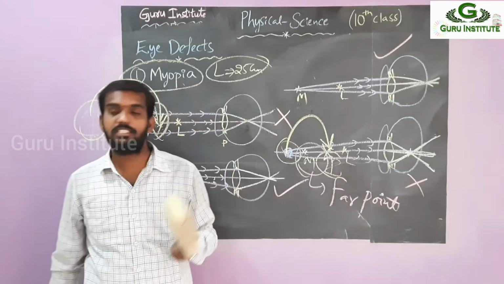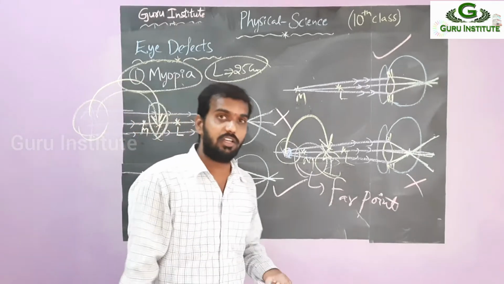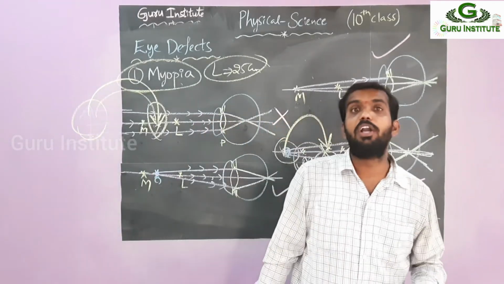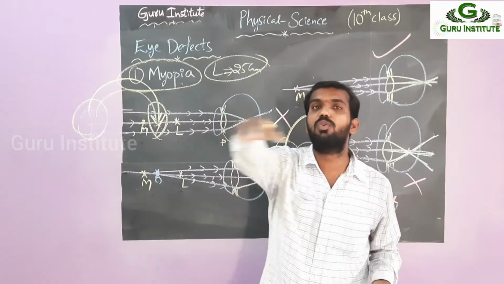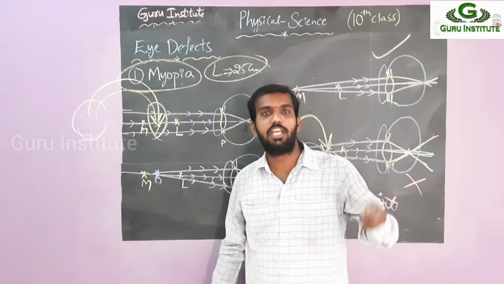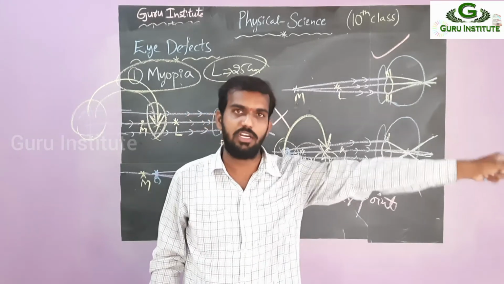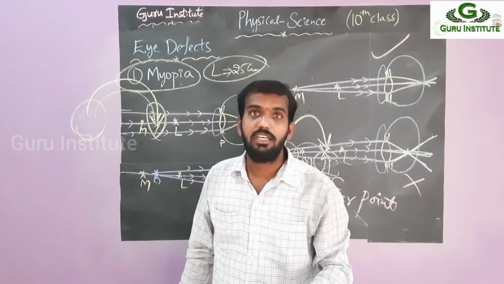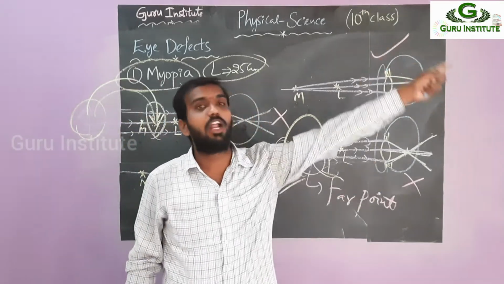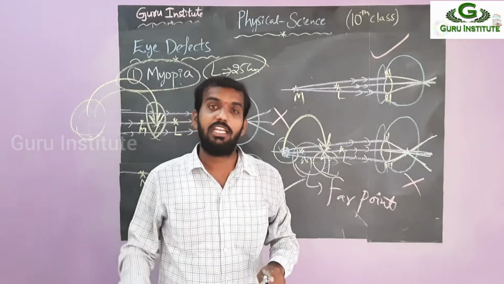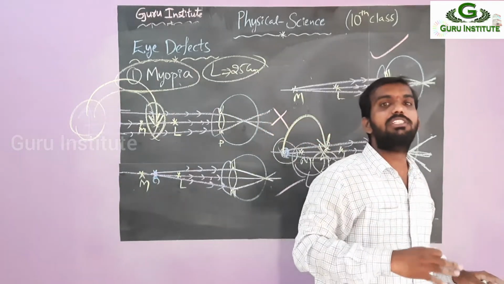How can it be done? Just simply see here. Just remember the properties of concave lens and convex lens. Look at convex lens and concave lens. With a convex lens we will get a real image. What does it do? It shifts near objects to far. That means if any object is nearer to you, its image is changed to far. That means the image position changes to far or distant. That is the property of a convex lens. Then what is the property of a concave lens? If you use a concave lens, far objects you can see as nearer objects. In a convex lens, you can see nearer objects as far objects.